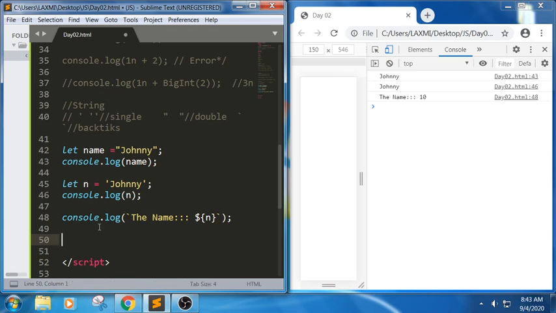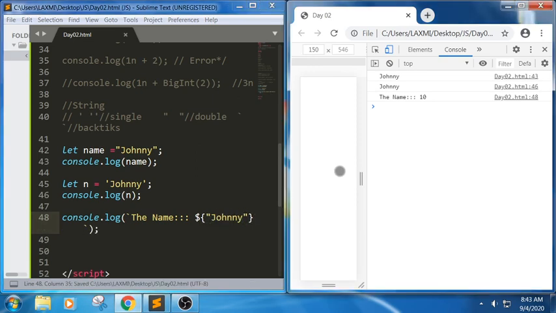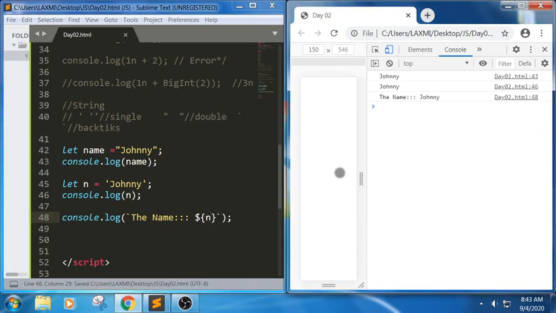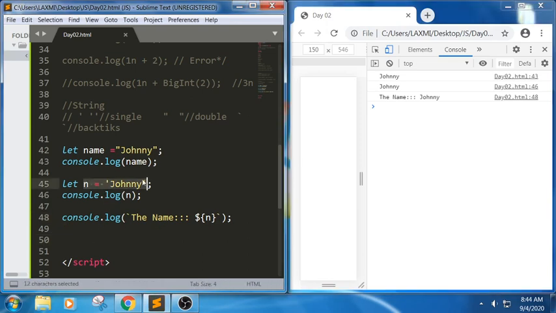We can just directly use a number inside it also, or else, if you want to display some string in it, for example, I don't want to call that n, I just want to call like this. It will also print the same way. So inside this we can also use an expression or a string or a variable value. What is the variable value here? n. So we got n here, John. This is the value which we are trying to pass here. So this is about strings.